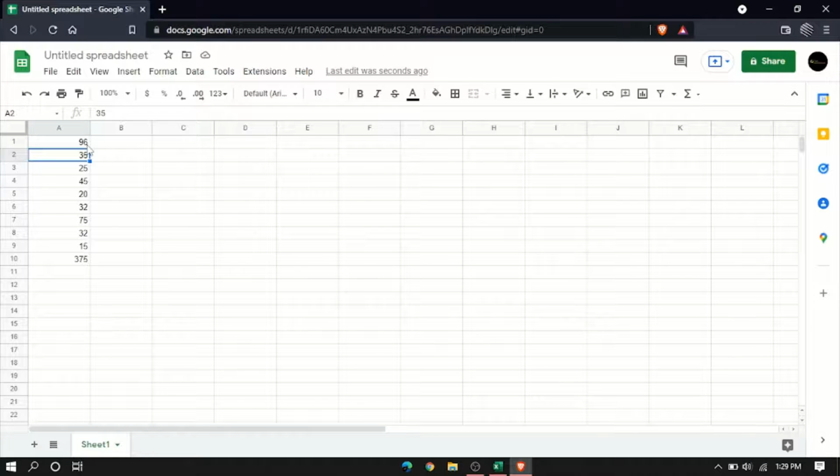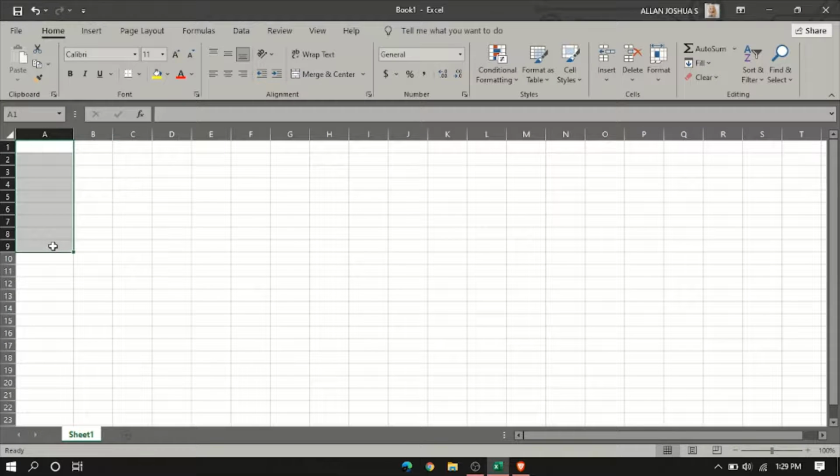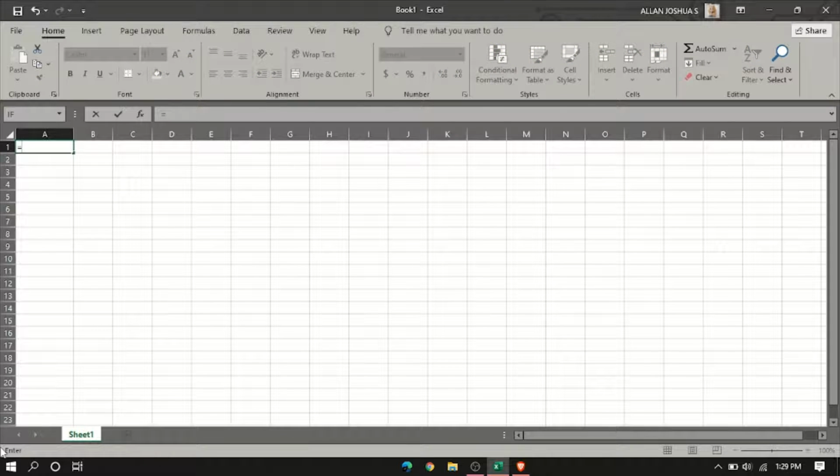Next I'm going to show you how you can do division. Delete this table and these numbers. Before that, let's see a small division calculation. Put equal to and then the function name.